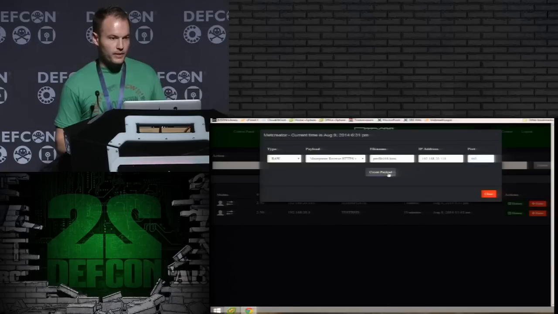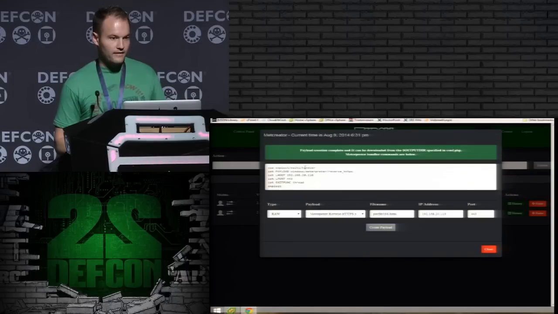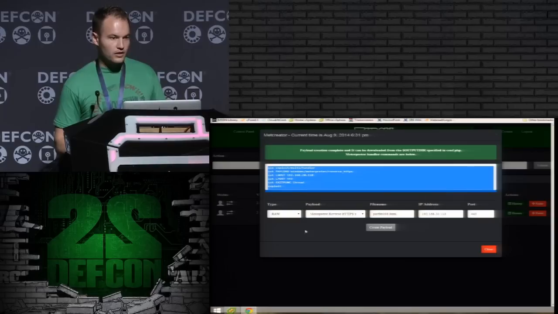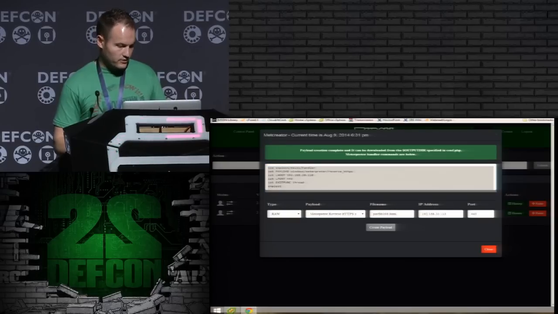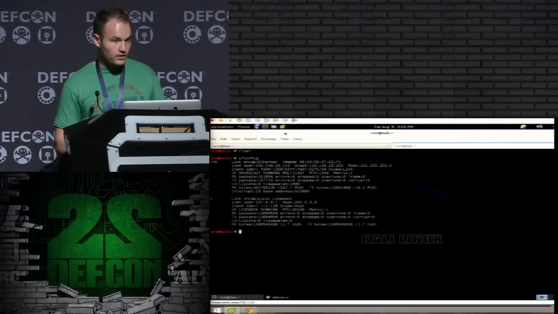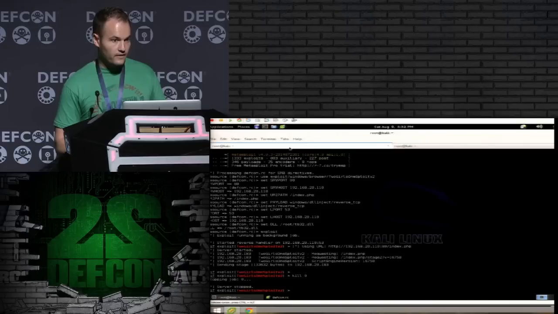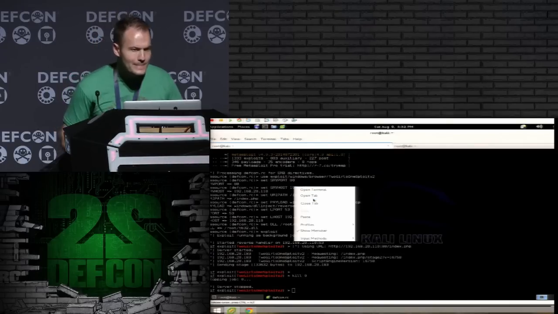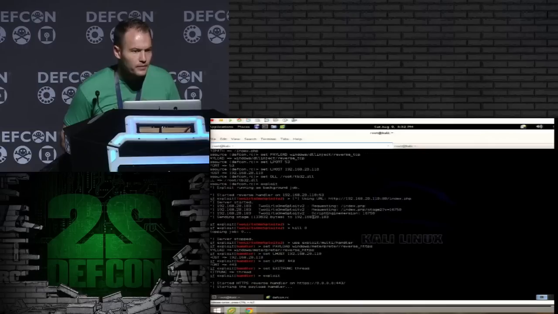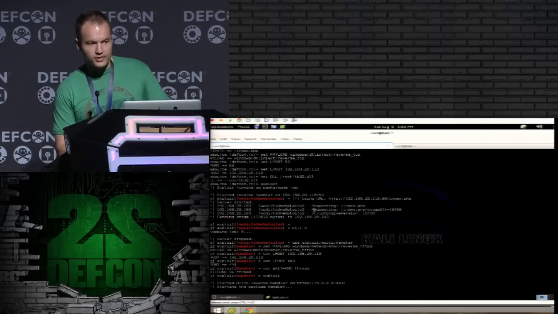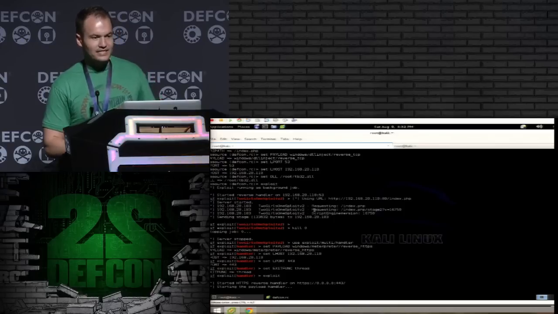So once we click create payload here, it creates this handy little output for us. We can just copy that to create our handler. So now we'll come back into here. Click paste. One thing that's important to notice is I changed the exit function to thread instead of process.